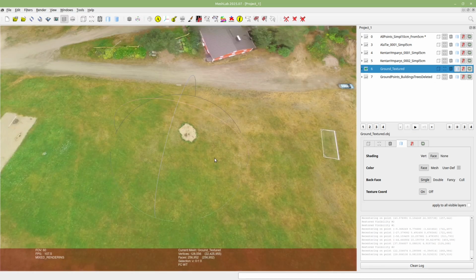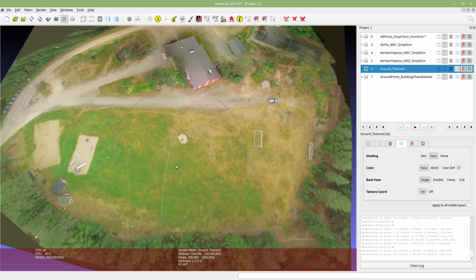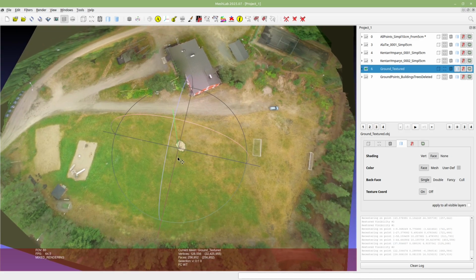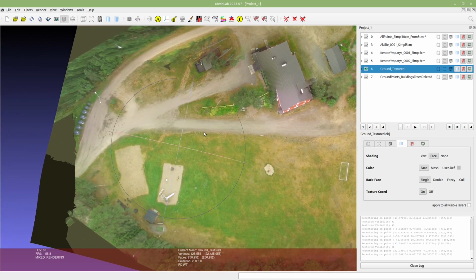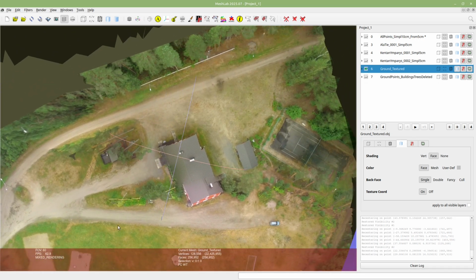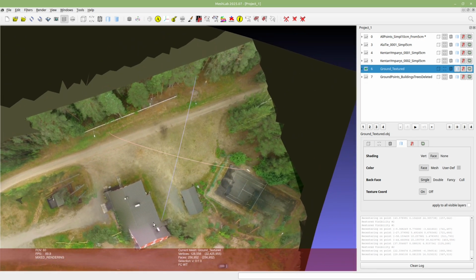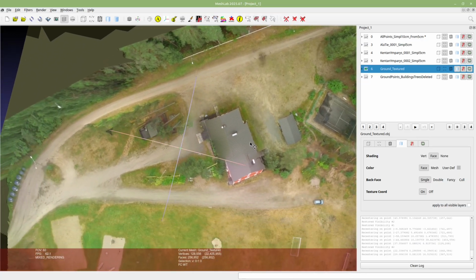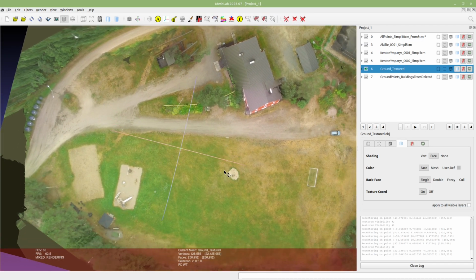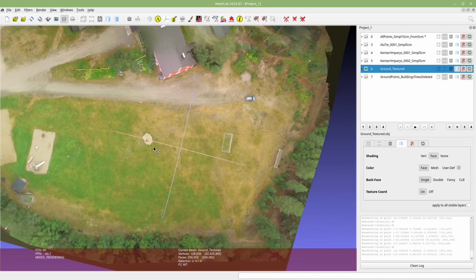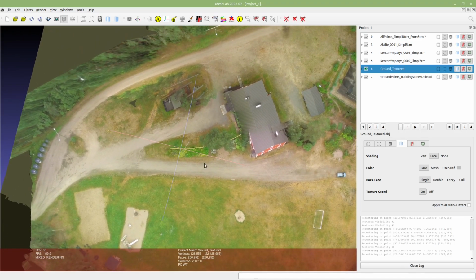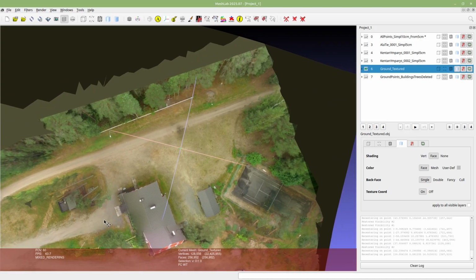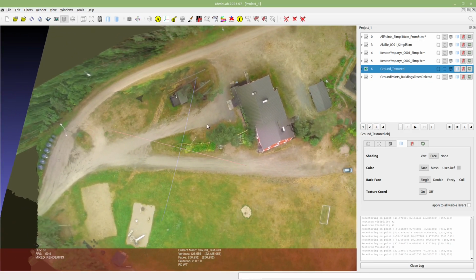And this also has these textures. These are taken from pictures taken from a drone. I tried to take the pictures straight downward, so it's much easier to map them here.